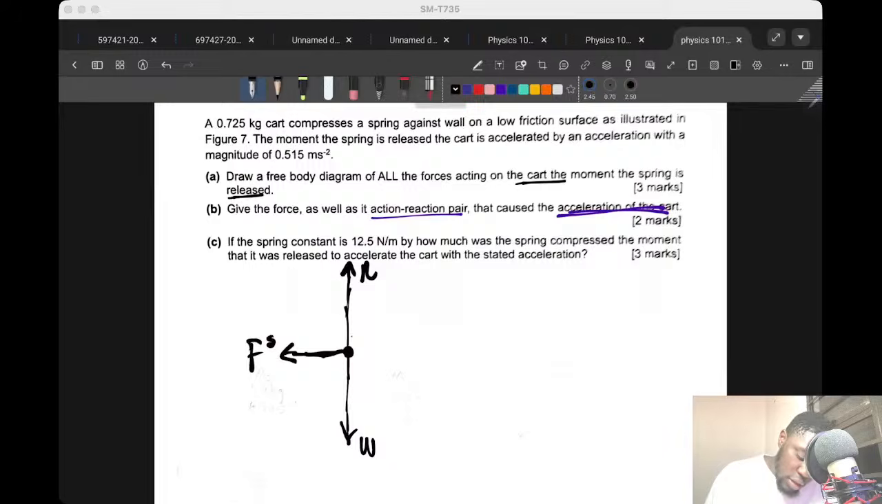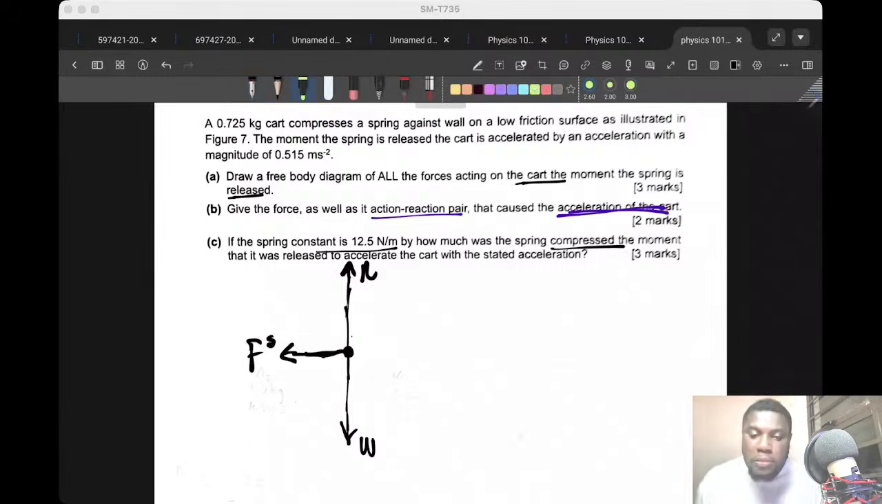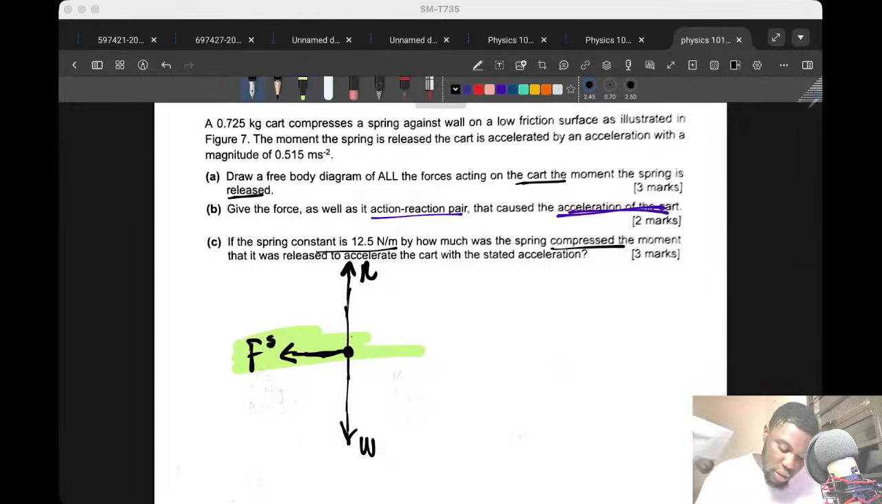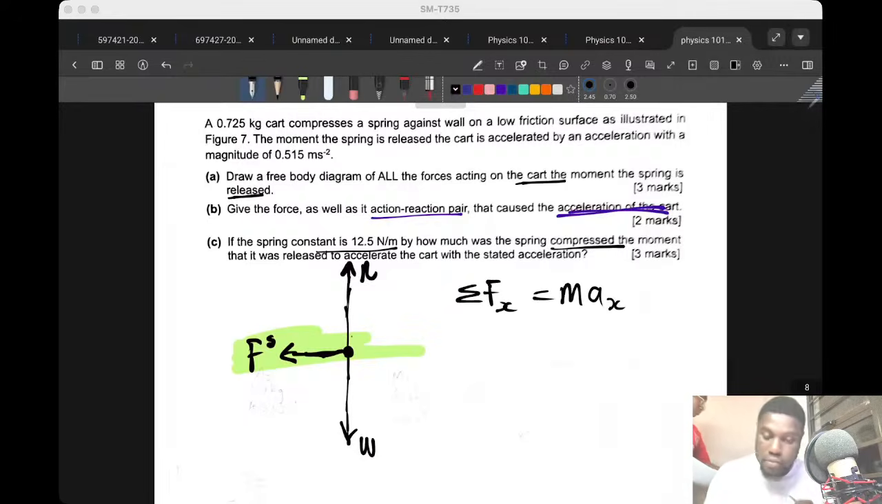Now, if the spring constant is this, how much was the spring compressed? So we are looking here. Spring. Is the spring a vertical force? No. The spring is a horizontal force. So what are we going to say? The summation of the forces in the X is equal to MA. What are the forces acting in the X? Only the force by the spring on the